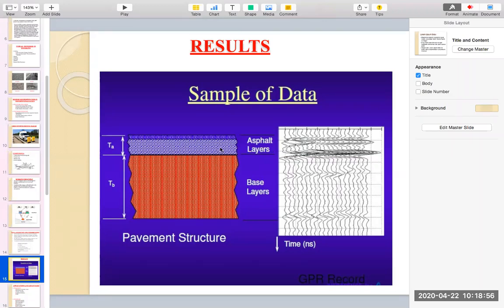This is represented by alpha, the bituminous layer. This is how we get the frequency response indicating the pavement or bituminous layer. Here it is a base layer, and it can also detect any faults in the base layer. So this is the application of GPR.